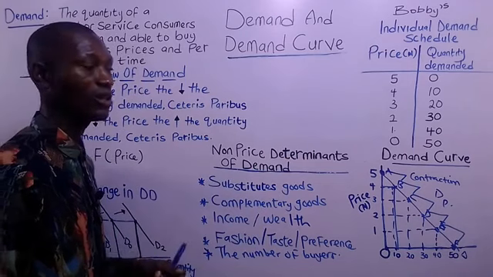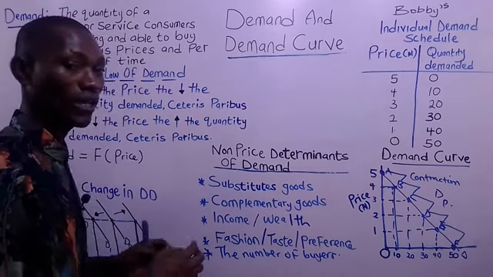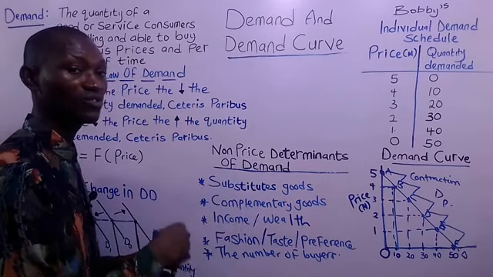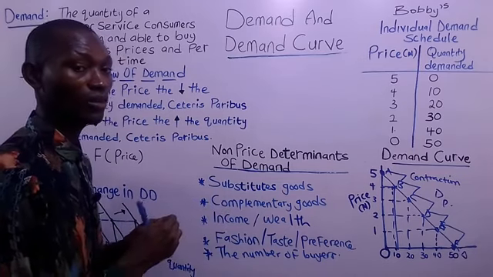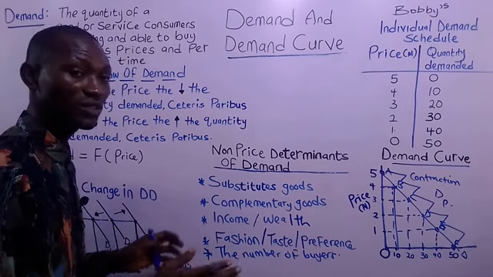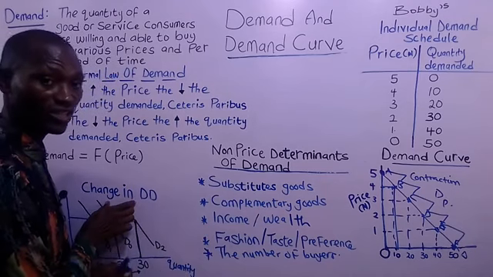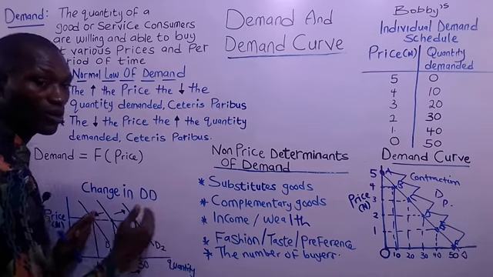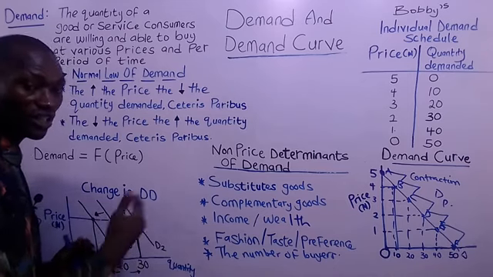Most economists call them external factors. So when all these external factors are allowed to affect demand, or one of them changes, then the demand curve will shift either to the right or to the left. Shifting the demand to the left or to the right is called a change in demand. And a change in demand, like I said, can either be to the right or to the left. When there is a change in demand to the right, it means an increase in demand.